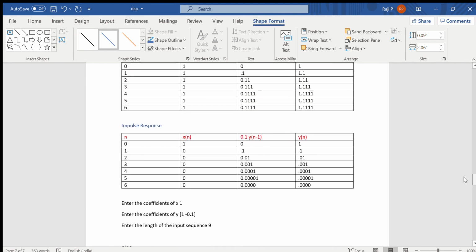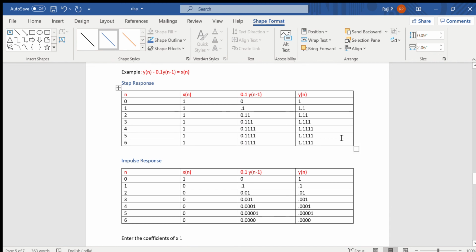Now to verify the result theoretically, you can use the simple table method. This n corresponds to the number of iterations you are going to use, and x of n is the value. Here we are considering the step response. Step response means all the values of x of n will be equal to 1, so just give all the values equal to 1.